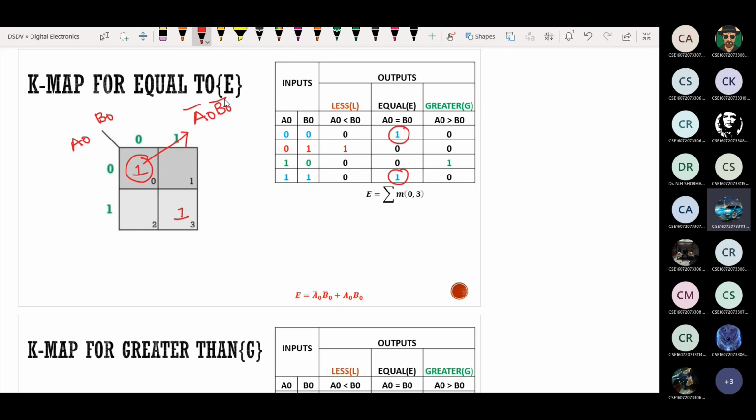A0 bar, B0 bar. This one, 3. A0 B0. So finally our answer will be A0 B0 plus A0 bar B0 bar. Should I write this one as XOR or XNOR? XNOR. This is XNOR.